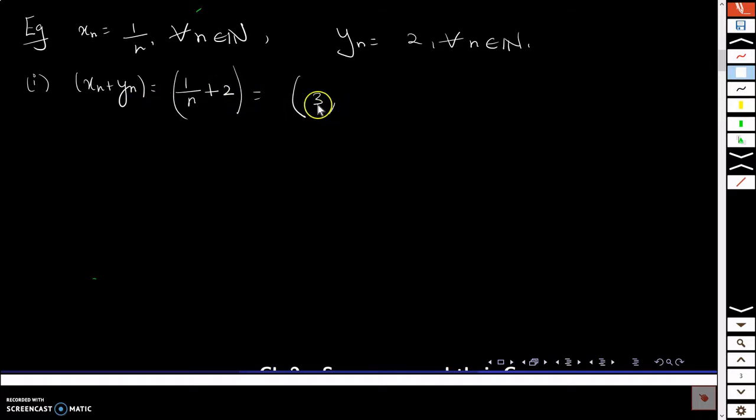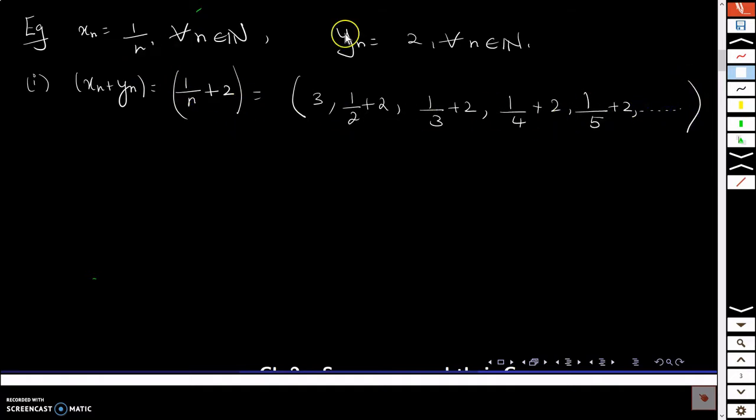When n is equal to 2, it will be half plus 2. When n is equal to 3, it will be 1 by 3 plus 2, 1 by 4 plus 2, 1 by 5 plus 2, and this keeps on. So this is the new sequence that I've obtained by adding these two sequences,